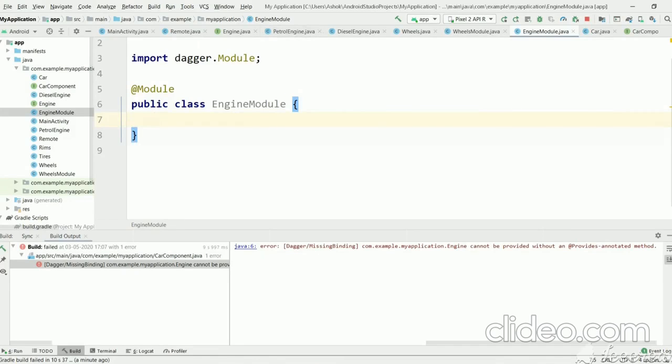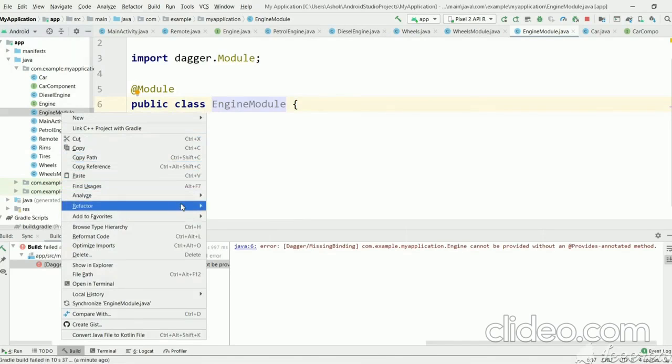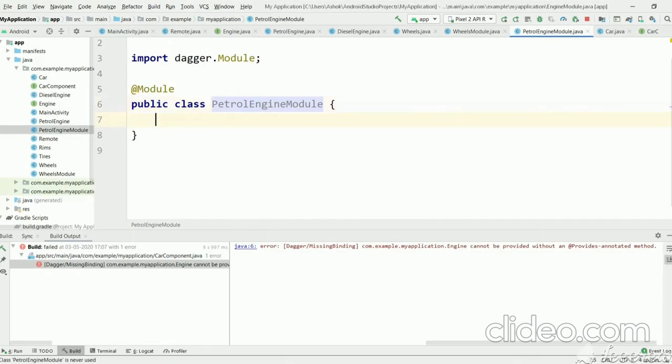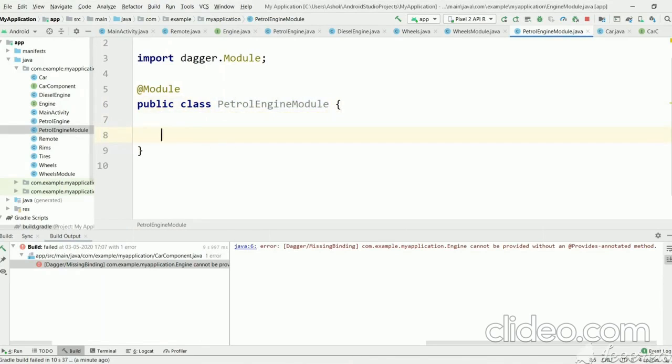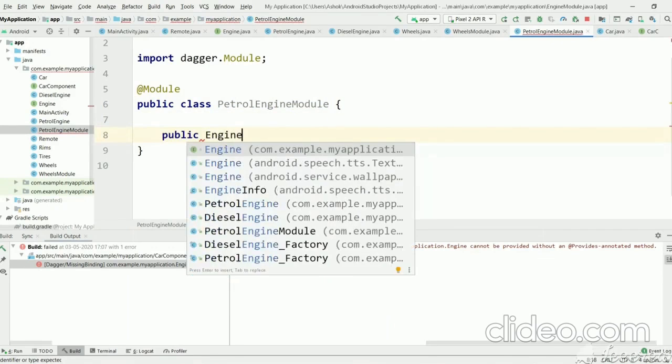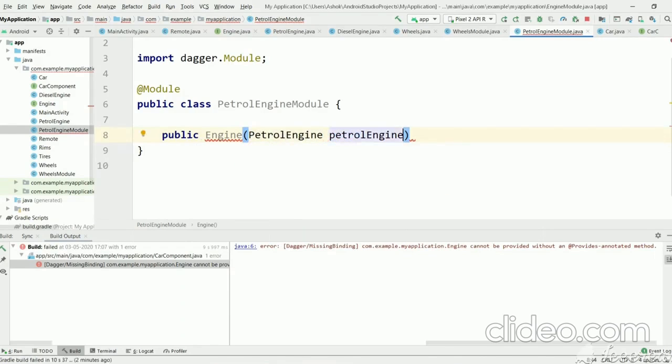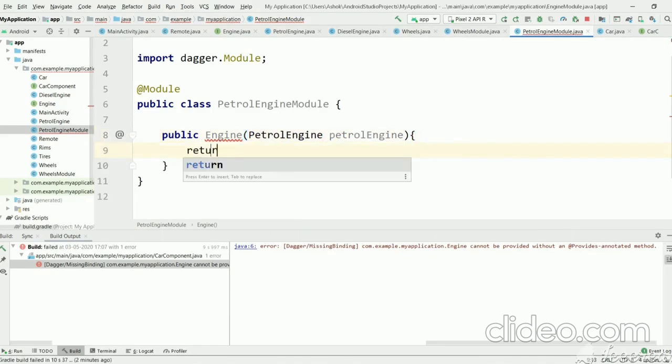Here we have two implemented classes, petrol engine and diesel engine, and let's name it PetrolEngineModule. Just refactor it. In PetrolEngineModule, let's create a function which will return an Engine, which will take an argument of PetrolEngine, and we will return it directly.